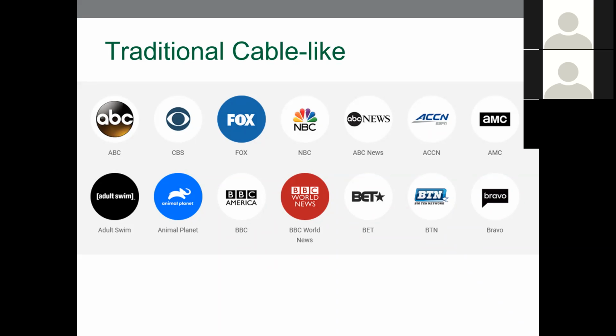Another package, which actually is more similar to traditional cable, is Sling TV. And the reason I say that is because although it is an app and it can be installed on multiple devices to watch whatever channels are available, it offers packages rather than just being you pay one thing and you get everything. It does offer an orange package or a blue package, and each one of those is $30 a month. If you go to their website, it does differ slightly depending on when it's available, but you can see their lineup for each package and decide which one you want.